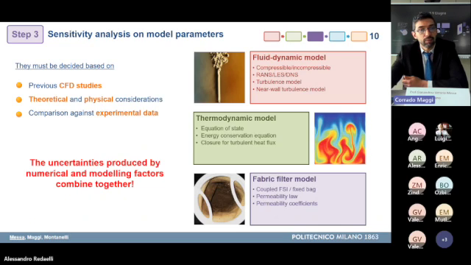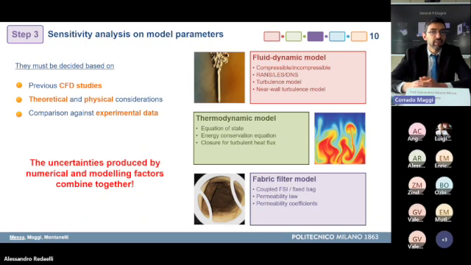in the RANS framework. Finally, regarding the fabric filter model, one possibility is to resolve explicitly the vibration of the bag induced by the wave. But this is never done, because it would lead to unacceptable computational cost. And therefore, we decided, as it is often done in similar problems, to model the bag as a porous surface with imposed permeability law. And the point is that all these factors are choices that the users must make, and they affect the reliability of the results.